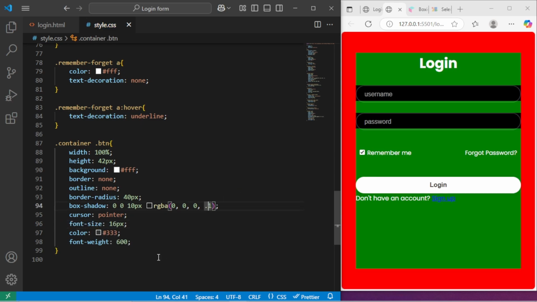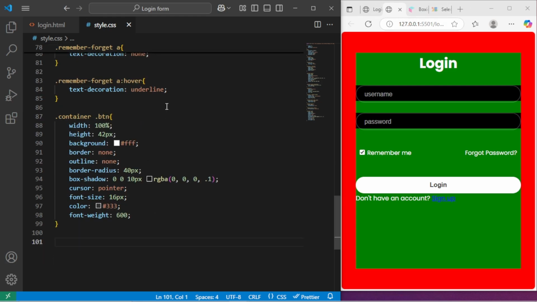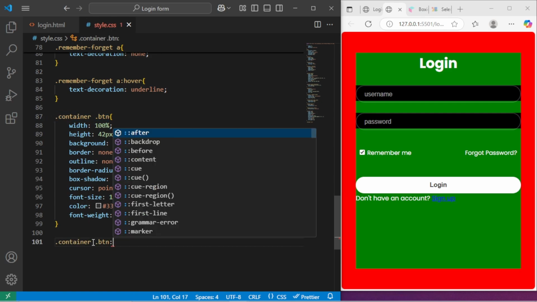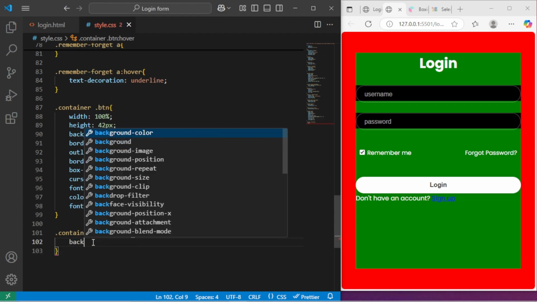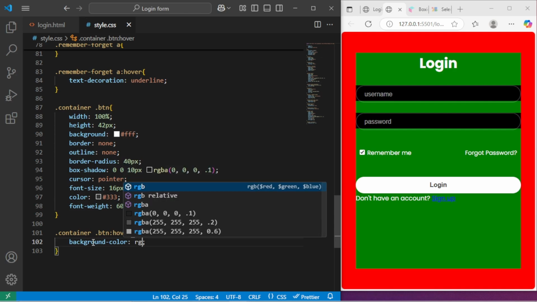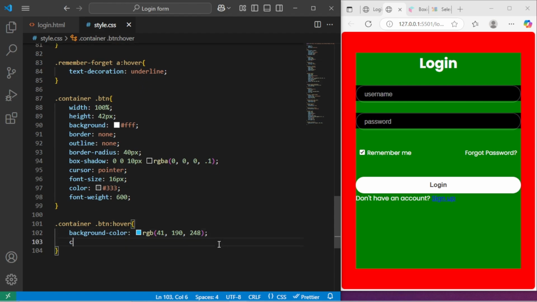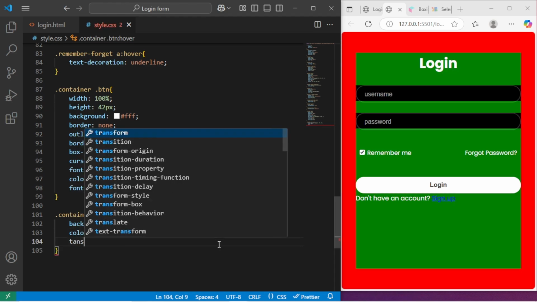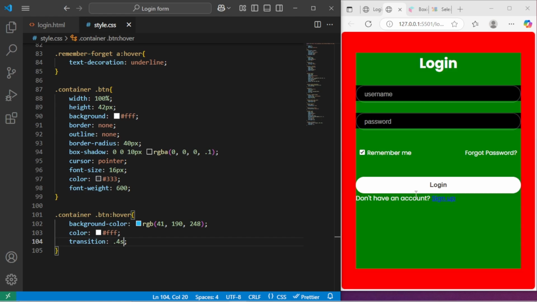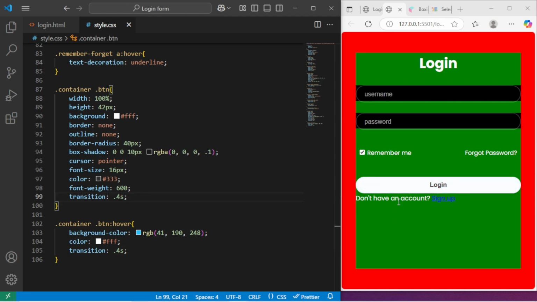Alright, looking good. So next, we want to style the button on hover. I'm just going to copy this and paste down here. And I'll say hover. Background will be set to RGB. And on hover, I want the color to change to white. And I'm just going to give it a transition of 0.4 seconds. Okay, so that it changes slowly. Okay, let's see that. I'm going to add this transition here as well. Okay, so you can see